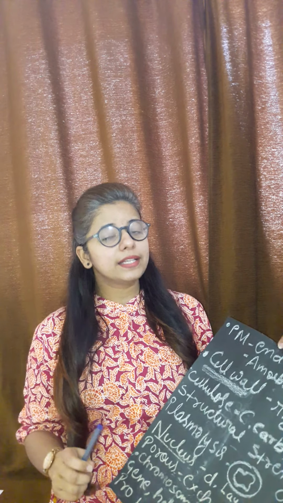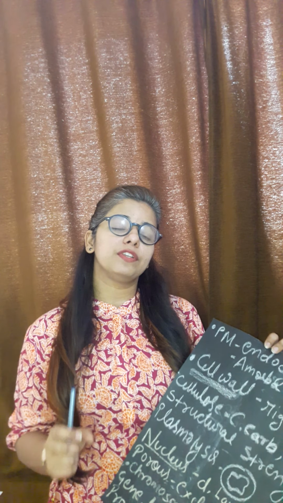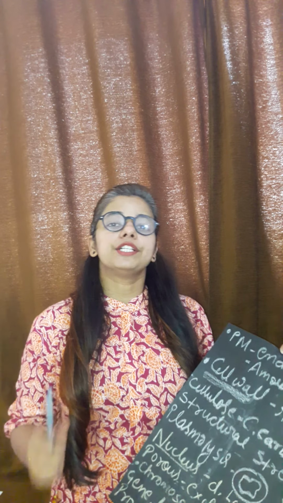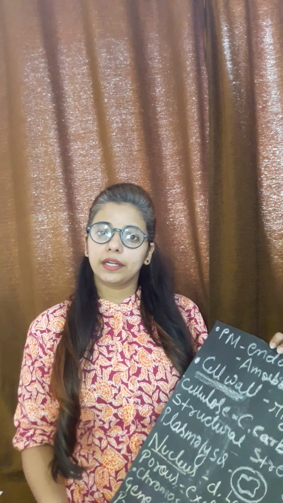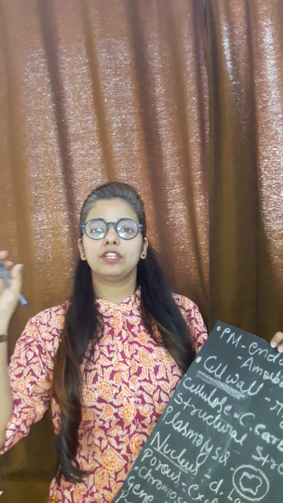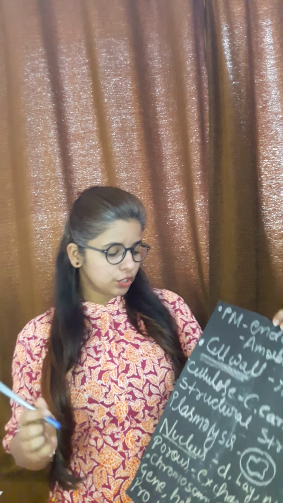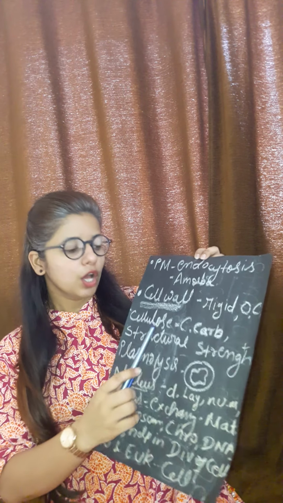You already know that cell wall is made up of a component which is called cellulose. And cellulose is a complex carbohydrate. Okay, you already know carbohydrates are made up of carbon and hydrogen, right? So the complex material which is made up of carbon and hydrogen. So that's why cellulose is a complex carbohydrate. Complex means it is a very heavy molecule, a very long molecule which is made up of carbon and hydrogen. Understood? So cell wall is made up of cellulose.